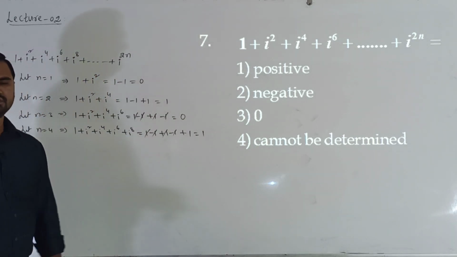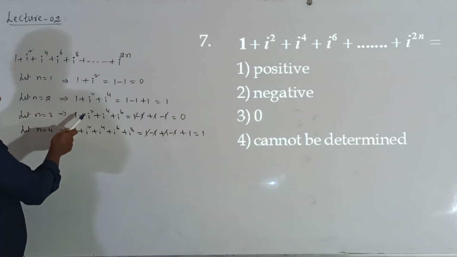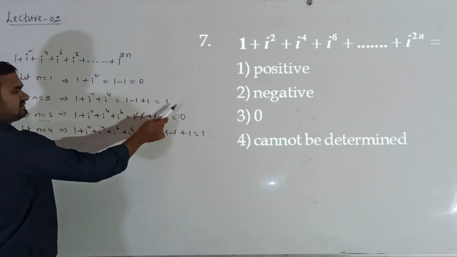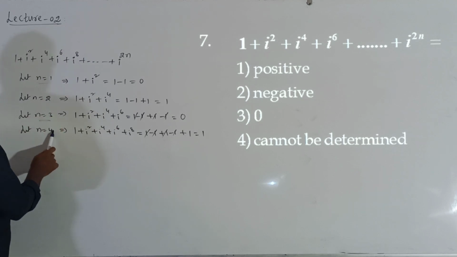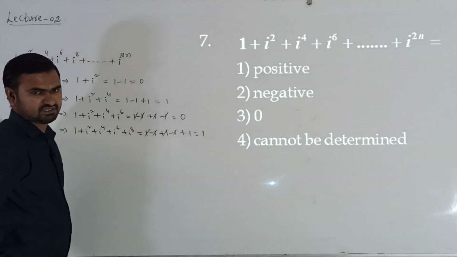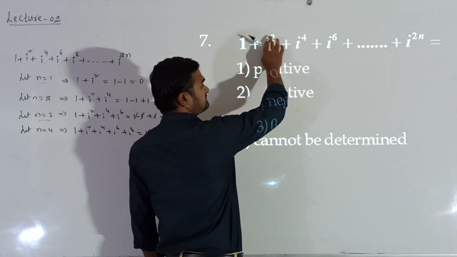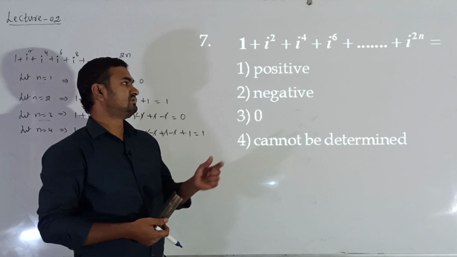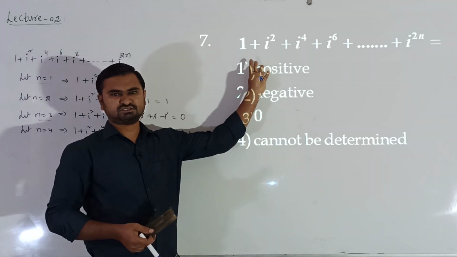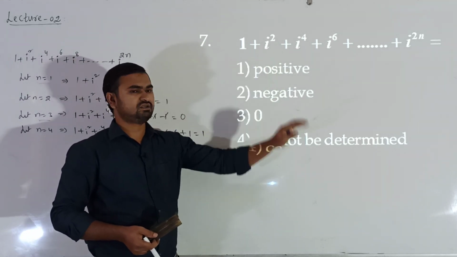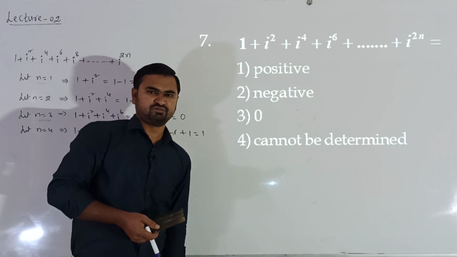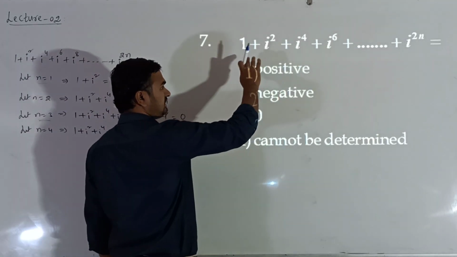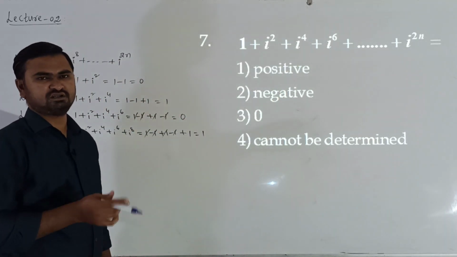and so on. Now from this calculation, what we can observe is whenever n is odd, what is the answer? 0. Whenever n is even, the answer we are getting is plus 1. So the value of this expression depends on the n value. Unless we know the n value, can we determine the value of this expression? We cannot determine the value of this expression until we know the n value. So here n is not known. So this sum, maybe it is 0 or maybe it is plus 1, depends on the n value.